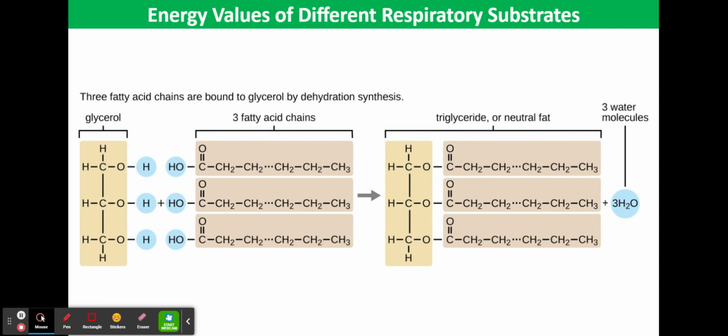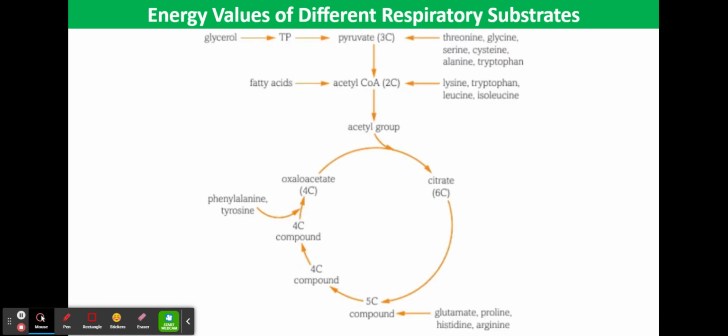Finally, we're going to look at proteins. Excess amino acids released after the digestion of proteins are deaminated in the liver. Deamination of one amino acid involves the removal of the amino group and its subsequent conversion to urea that is removed by the kidney. The rest of the amino acid molecule, a keto acid, enters the respiratory pathway as pyruvate, acetyl-CoA, or a Krebs cycle acid such as